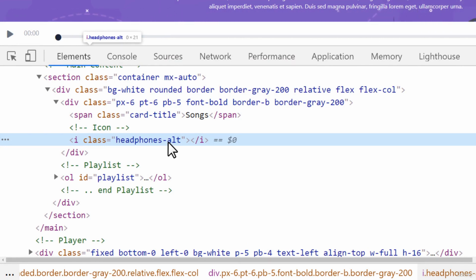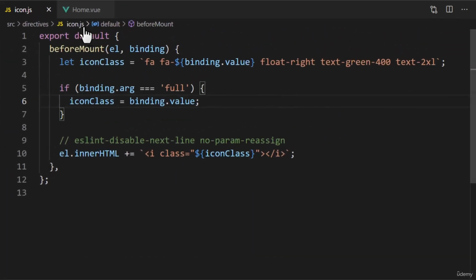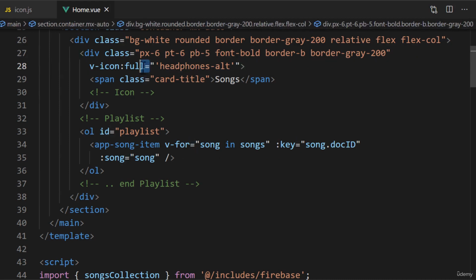We're testing to see if we can override the full class with the directive, which we can. With one simple directive, we're able to generate an icon easily. Before ending the lecture, I will remove the full argument from the directive in the home component. We don't need to use it. In the next lecture, we're going to learn how to add modifiers to our directives, which are somewhat of an